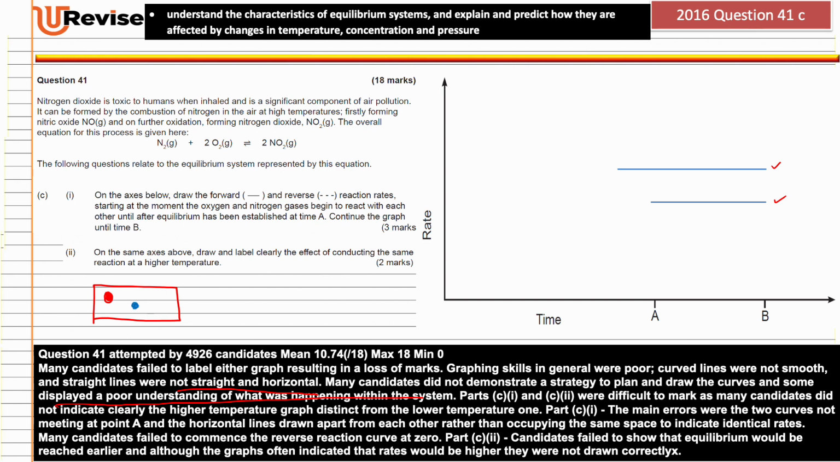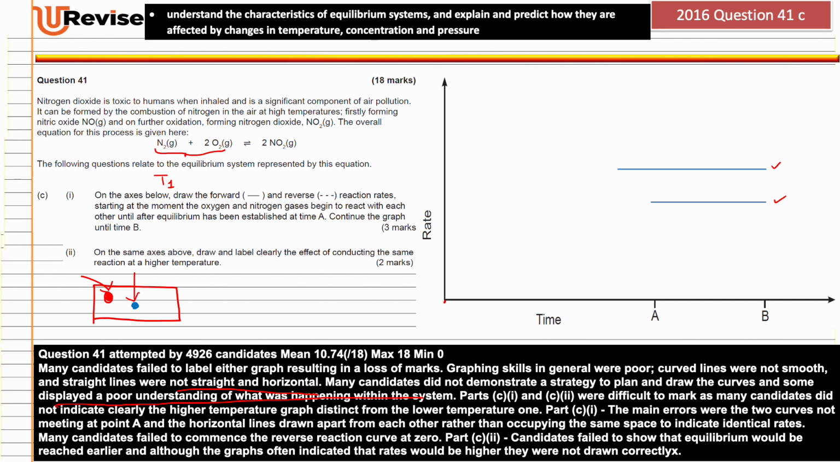It doesn't matter the concentration of nitrogen. The concentration or partial pressure of nitrogen might be higher than the concentration or partial pressure of oxygen. But what I definitely know from this is I've got a lot more collisions on the reactant side than on the products. Why? Because the reactions at time 0, right at the start,